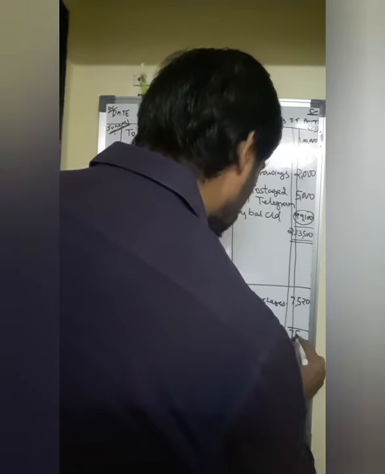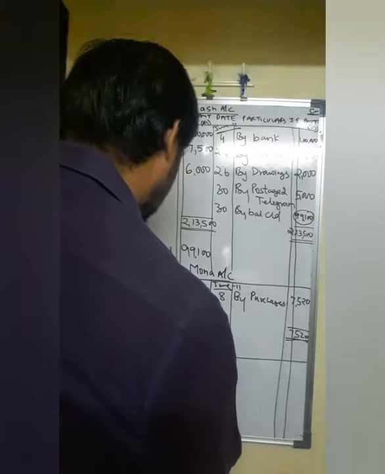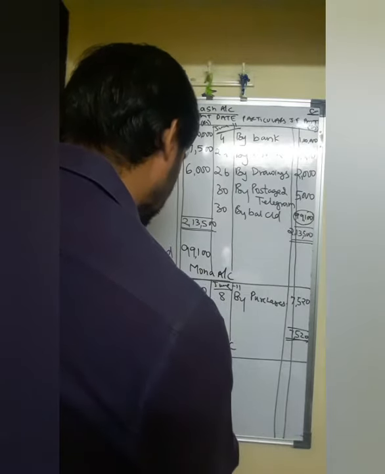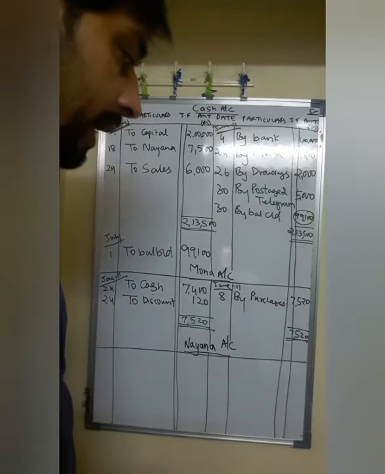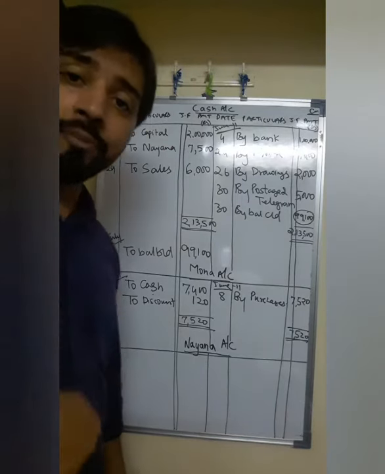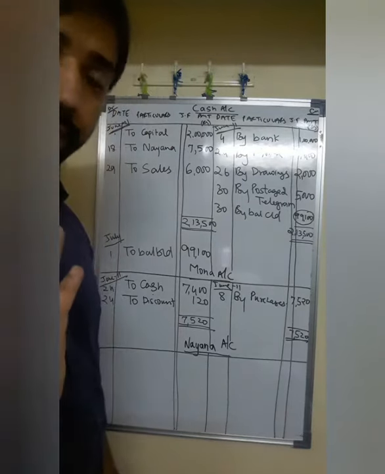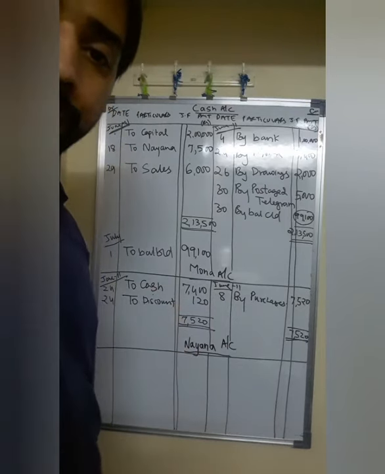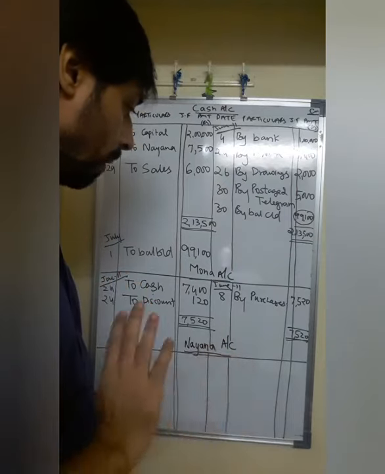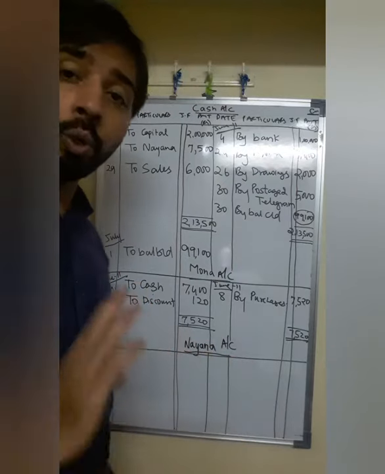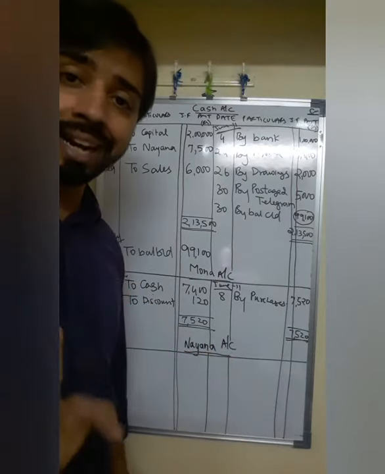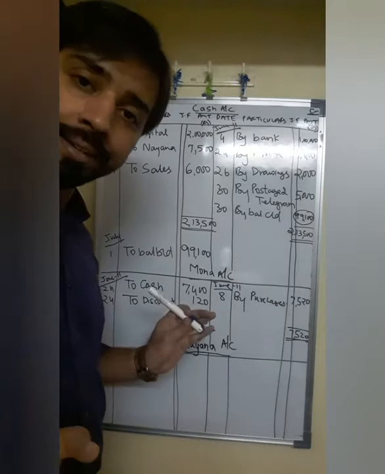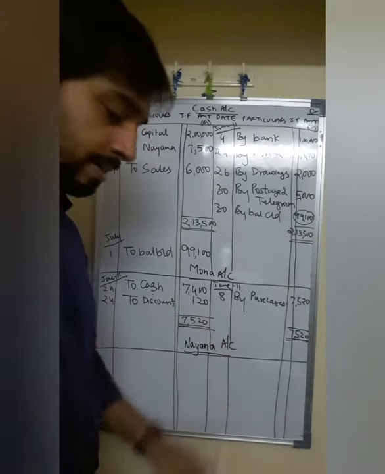When you close the ledger, a total is to be recorded on both sides, but I think here the ledger account tallies. There is no such difference. 7,520 was the goods which we purchased from Mona. We have paid 7,400 and earned a discount of 120 rupees. That means there is no balance carried forward. In future we don't have to pay anything to Mona. The account is settled, the account is closed, the ledger is tallied. Is that clear how the ledger tallies?